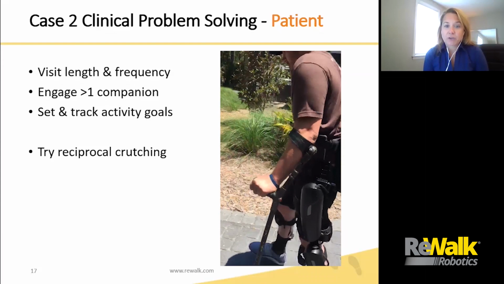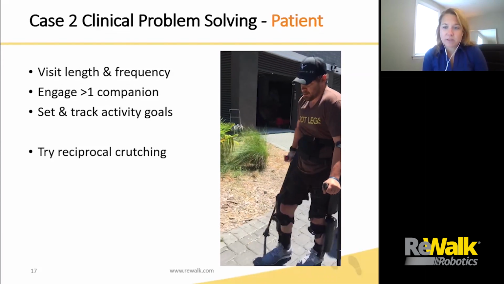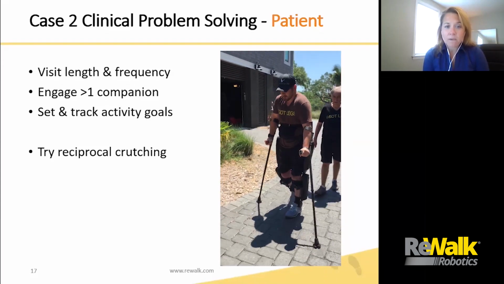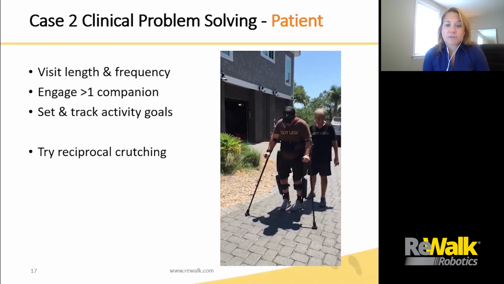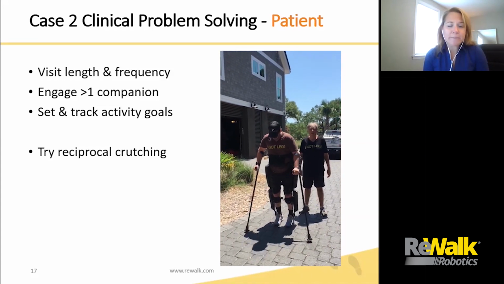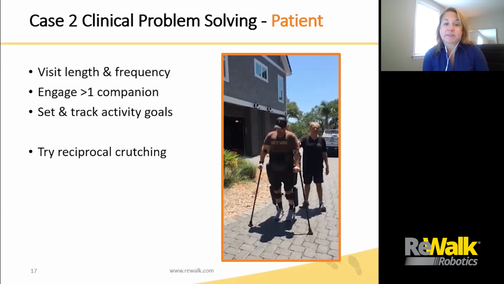When we're naturally walking, our arms swing reciprocally. Something else to consider, though, is for those patients who are struggling with full independence because of trunk control issues, the reciprocal crutching can be especially helpful, as it decreases the amount of time that they have no upper extremity support. So although we do definitely encourage that bilateral crutch movement symmetrically early on,